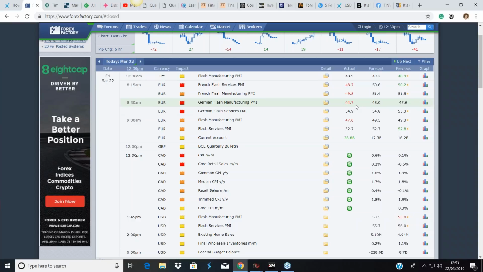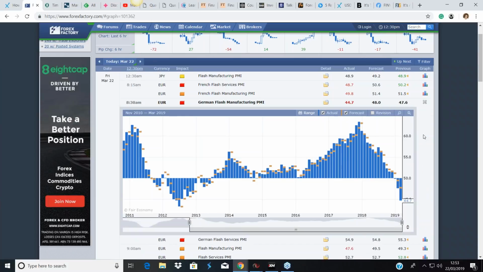Well, first of all, it's below 50, but much more important, and this is the same with all fundamental news, you can read fundamental news as you do any chart. And Forex Factory have this neat little feature on the side of the release itself, which pops up a graph, and you can see here the PMI manufacturing data from Germany has been falling, with only a couple of exceptions. Now, it's fallen below the 50. This one has fallen way, way below expectation at 48 and 44. Why is that so important?